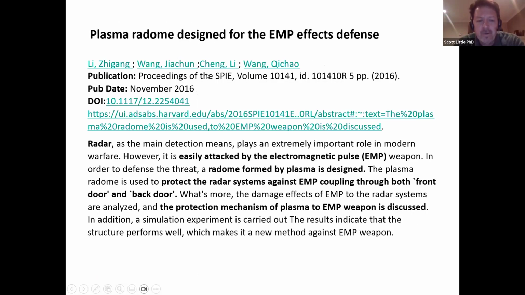And this is an interesting paper where they're using plasma as a dome to cloak against an electromagnetic pulse, an EMP itself. So you're now using plasma to protect you from plasma, which I thought was interesting. They're creating this dome of plasma, and they're using it to protect a radar from an EMP. So you think of radar systems, and that's definitely one of the things that needs to be protected from an EMP, but they're using a plasma dome to protect the radar equipment from the actual EMP. So I thought that was kind of interesting.